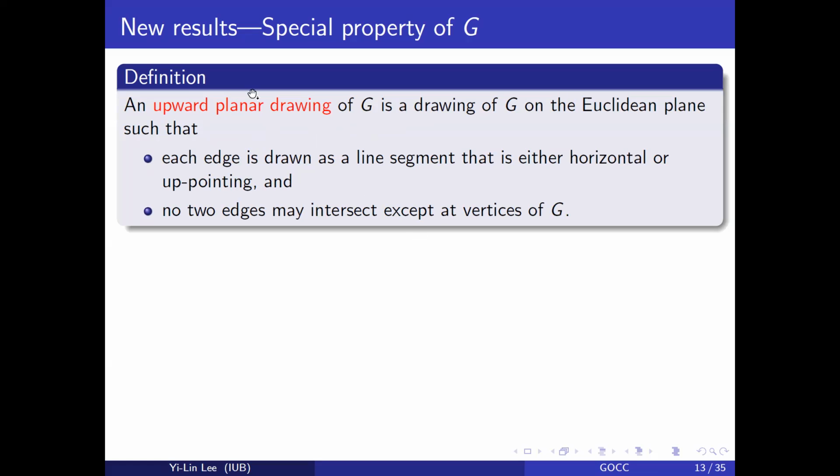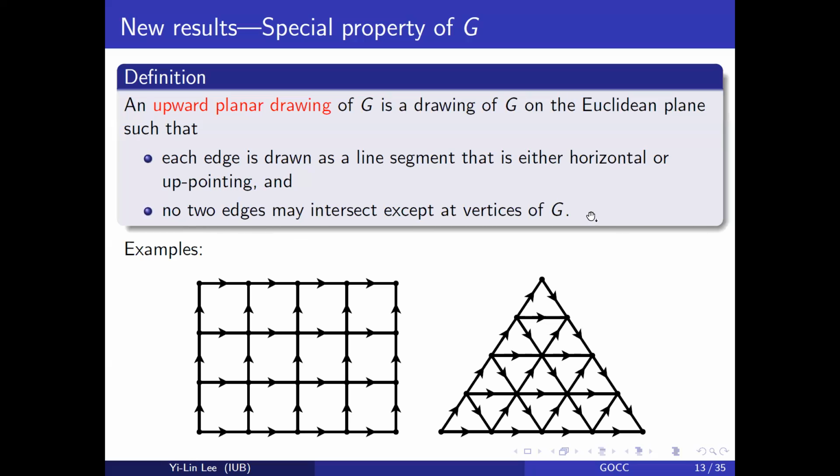And because we require planarity, no two edges may intersect except at the vertices of G. So here are our typical examples. The square lattice that we oriented like what we saw at the beginning, and the triangular lattice oriented in this